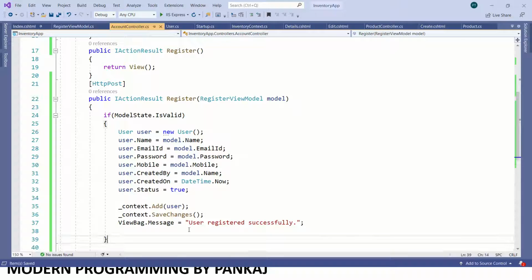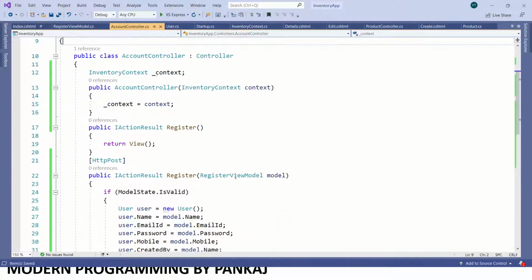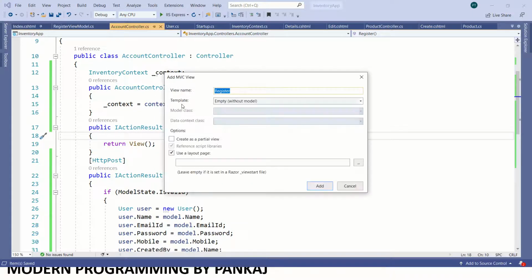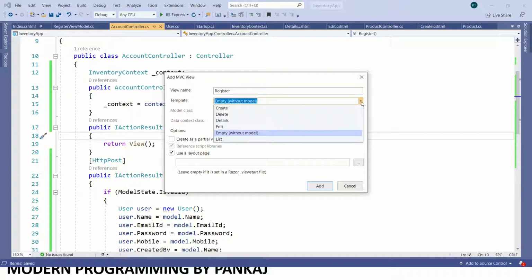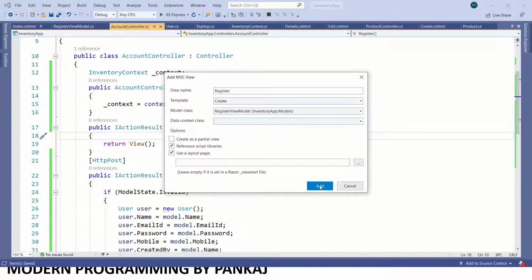And if the model is not valid, then it will directly return the view. Okay, now what is next? I need to just add the view here. So we'll use the register view model and just select add.